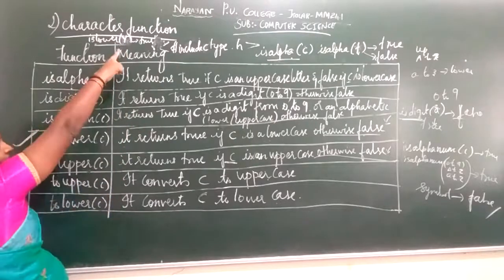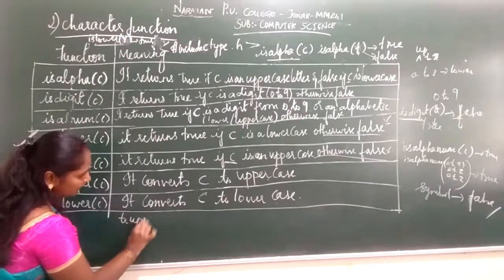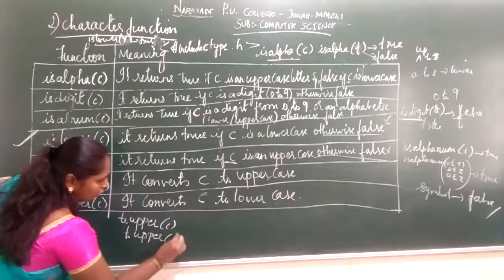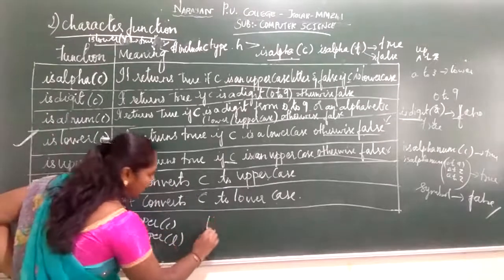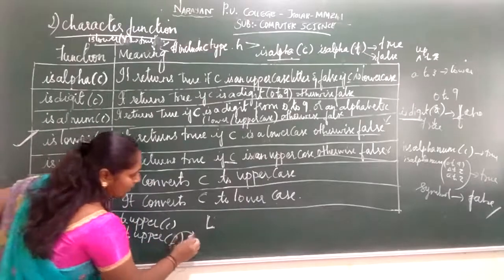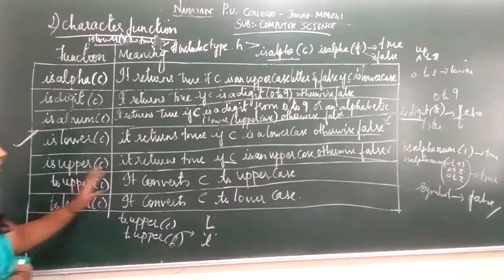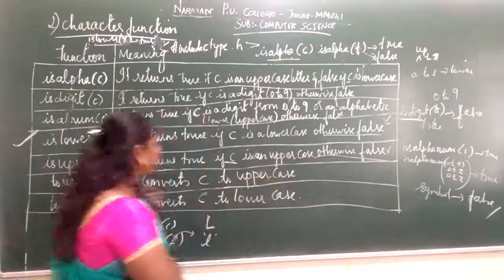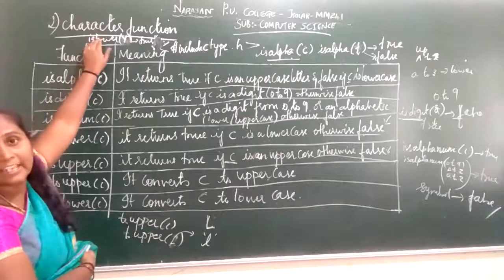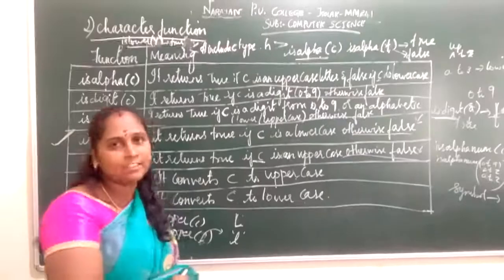It will convert the given case. If you have taken toupper, and you use a small l, it will be converted to capital L. Similarly, tolower, if you have used a capital L, that will be converted into small l. That is nothing but toupper(c) and tolower(c). This is going to convert your character to uppercase. Here it is going to convert your character to lowercase. So these are the functions under character functions. Next we will see what are string functions. In character functions you have studied 7 different types of functions.